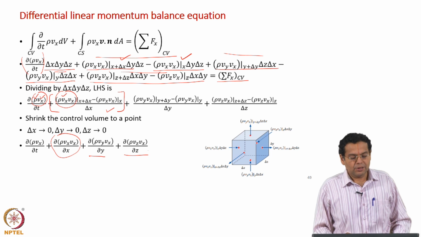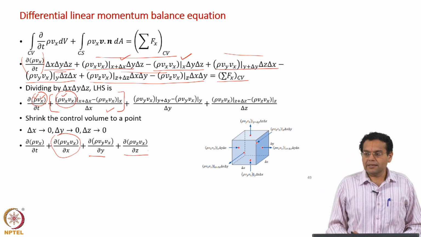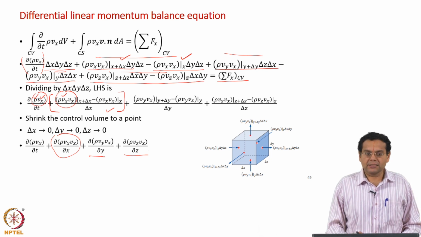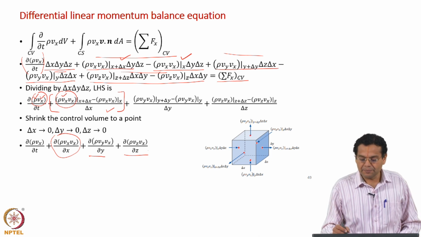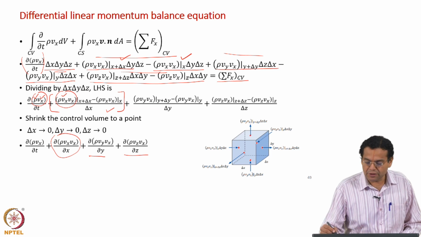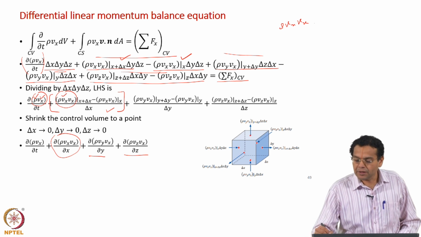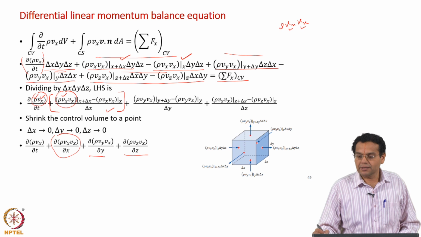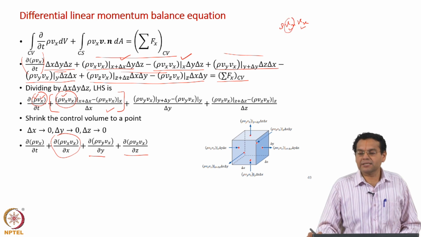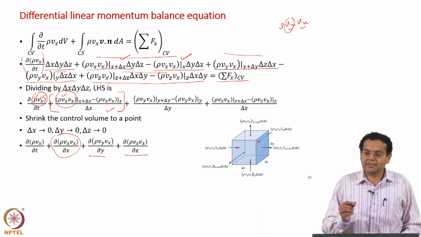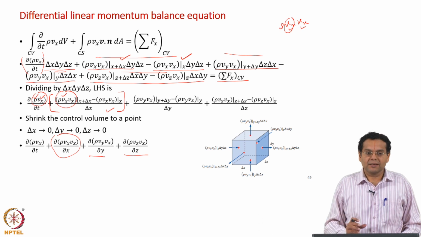As I have told you earlier, you can understand the term in one direction and analogously extend to other directions, but with a caution to take care of the correct velocity component. When you extend to another direction, make sure, for example, if you understand the first two terms, it has rho Vx Vx. When you extend to another direction, you should understand which velocity is to be replaced with Vy. It is this velocity, the left hand side velocity, which is to be replaced with Vy. You may be wondering why so particular about this direction. It has an implication later on as well. After we discuss surface forces, you will understand that. Right now, we will stick to that.